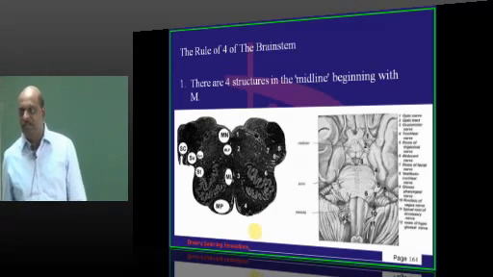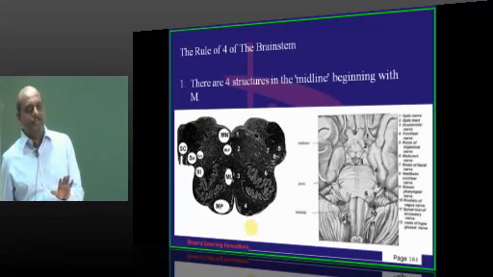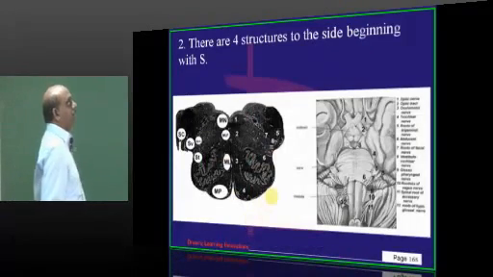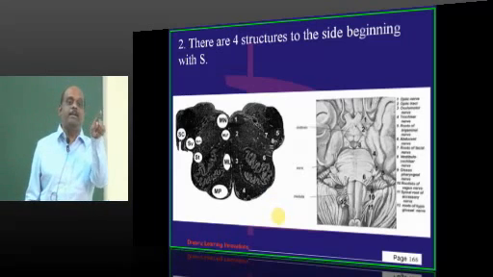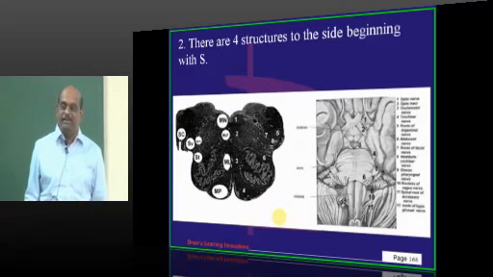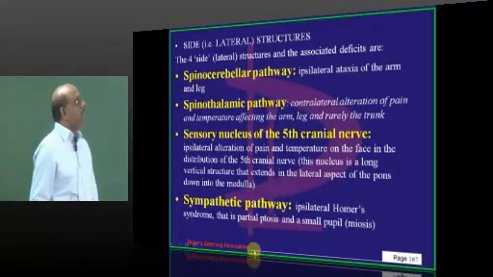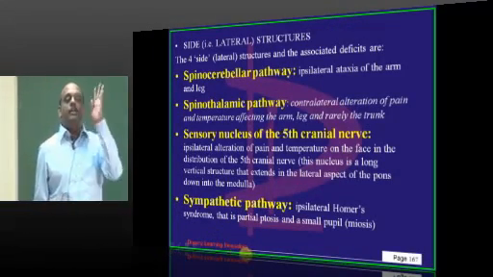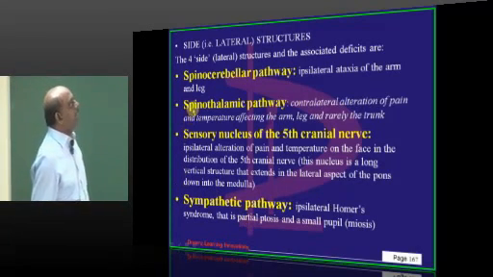Okay na? Simple neuroanatomy. ज़्यादा पढ़े तो दिमाग खराब हो जाता. You need to read what is needed. There are 4 structures which are located laterally which carry the S. ब्रेनस्टेम का स्ट्रक्चर के बारे में बात कर रहे हैं हम. What are those 4 structures laterally located in the brainstem carrying S? One S is